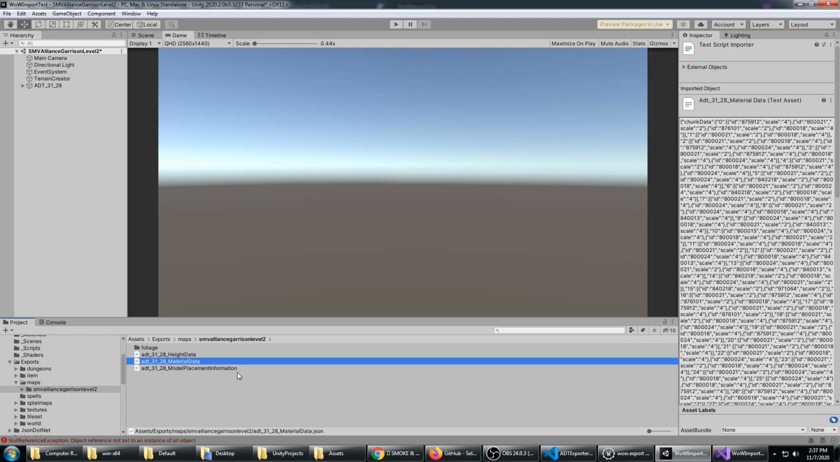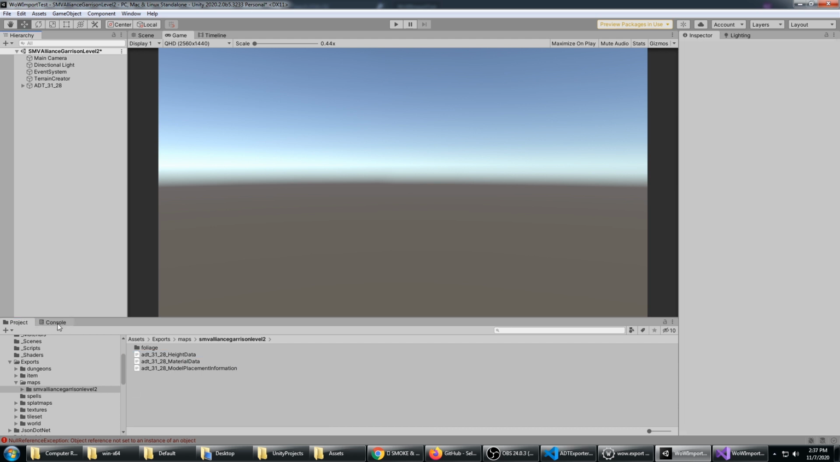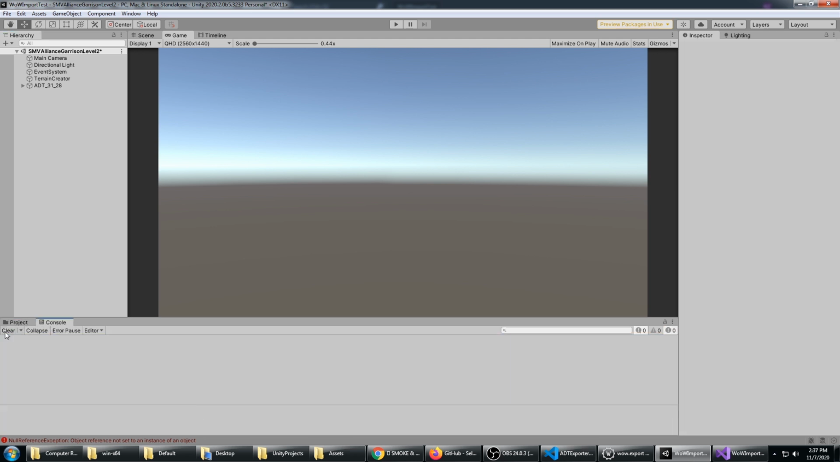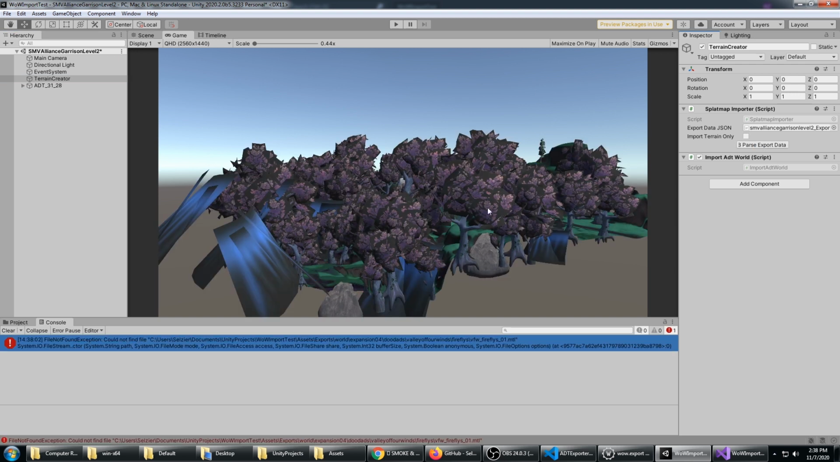Now the material data and height data are used to create the terrain. So we want to rerun this process. First I'm going to go to the console, clear that error out, and now I'm going to delete this ADT because the ADT is created every time you click parse export data. And this time we could see that it was actually able to parse it,